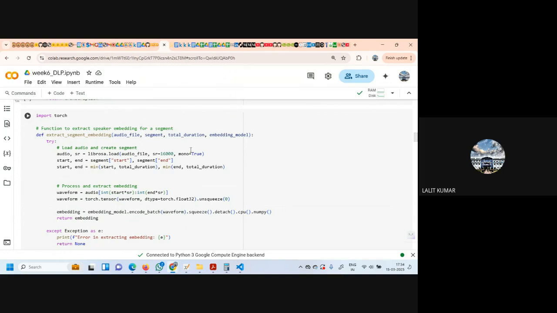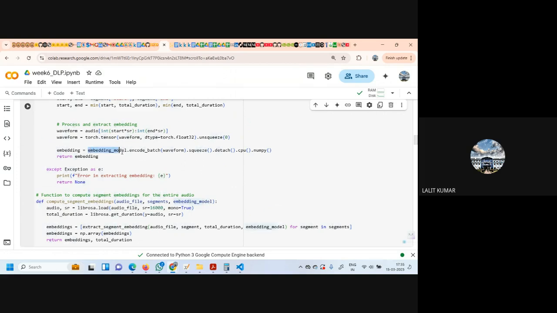So Librosa is loading the audio file and getting the audio and this SR. SR is sampling rate, and we are passing 16,000. And for the embedding part, we are using the embedding model. Just to clarify, what is the difference between using Librosa and the embedding model?